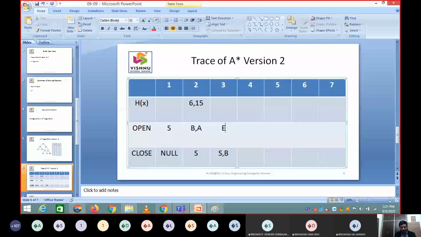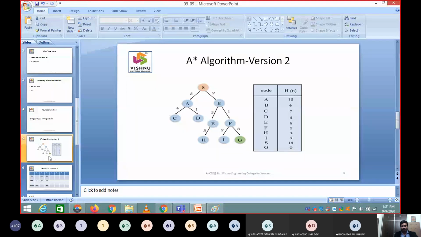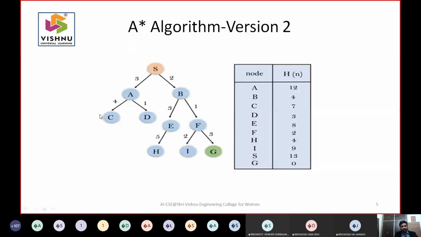You have to write E, F, and A, where the A value is 15. What is the value of E? The value of E is 5 plus 8, it is 13 here.